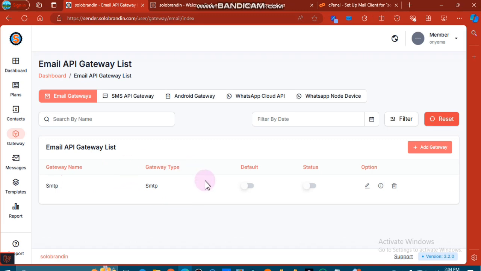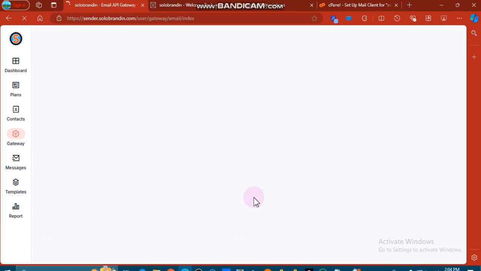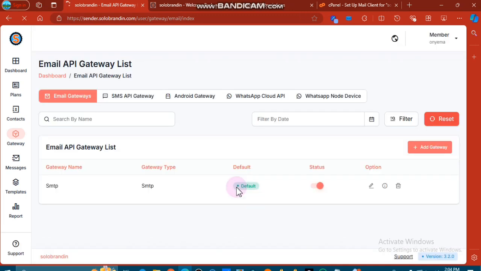So to make sure that it's working, to activate it, make sure you click activate status, turn it on. If you want it to be your default SMTP, just turn it on again, so that it's going to be the default when you want to send a message out. If you want to load multiple, you can see it's automatically turned as default. If you want to load multiple, you click gateway again,